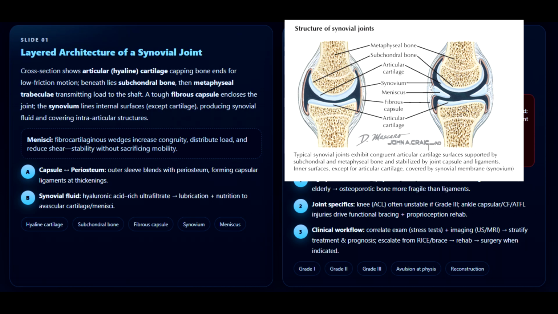Around the periphery, the entire joint is enclosed by the fibrous capsule, a tough outer sleeve that blends seamlessly with the periosteum of bone. Inside this capsule, the synovium lines nearly every surface except the articular cartilage itself. The synovium is critical. It secretes synovial fluid, maintains joint homeostasis, and even covers structures such as menisci and ligaments